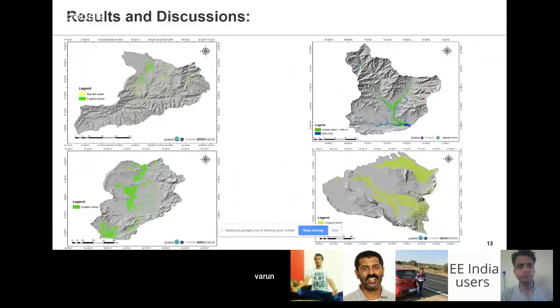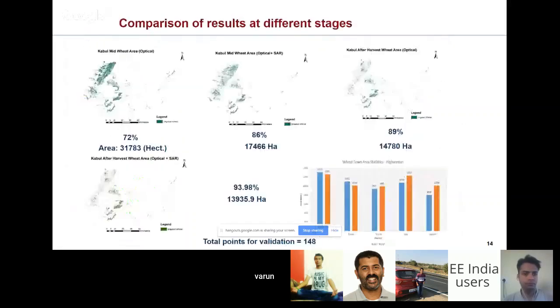These are the results and discussion results from different provinces, mainly for irrigated and rain-fed fields from some of the districts from Afghanistan. And we also did the comparative analysis of using a particular data set at a particular time. Like we use 4 combinations. One is optical at mid-season, optical plus SAR at mid-season. Then if you estimate the wheat at end of the season after harvest using optical, or by using both the